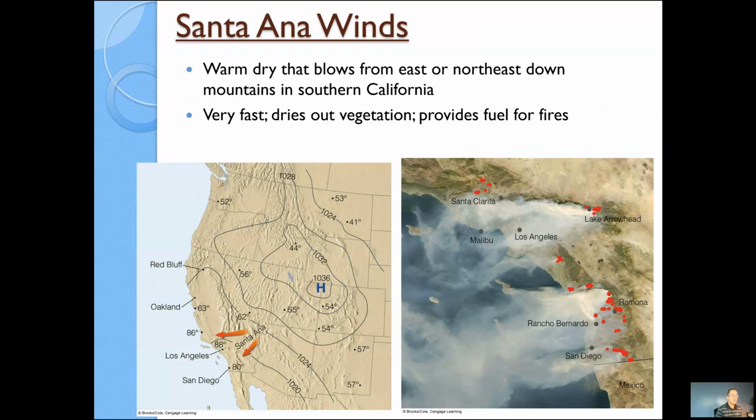The Santa Ana winds have regularly been in the news over the last few years. The Santa Ana winds are going to form when you have a staunch high pressure that basically settles in over the Great Basin, and that produces a pressure gradient blowing from northeast to southwest. And so here we see a warm, dry air, again, from the east or northeast down the mountains. And so just like some of our earlier local winds, when we get this air to come down the mountains, it can compress, warm up, it'll be very dry in nature,